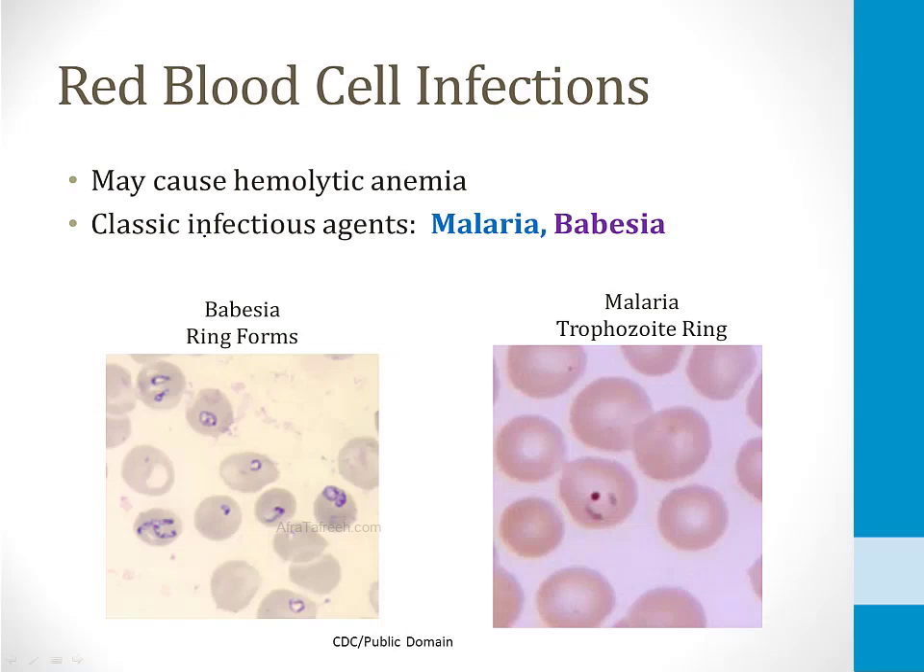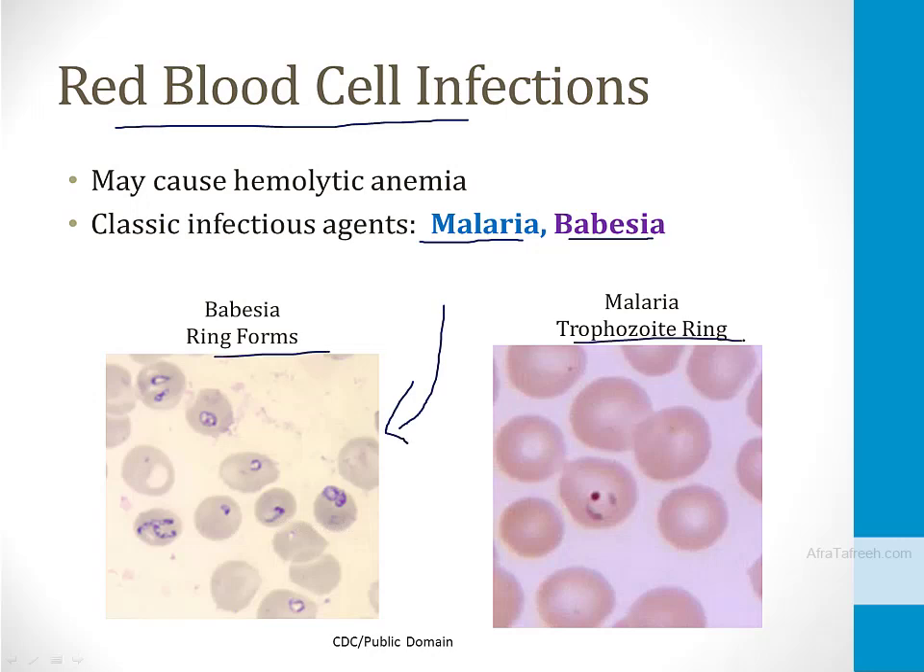And then the final extrinsic cause of hemolytic anemia is a red blood cell infection. There are two infectious agents that classically cause hemolytic anemia. One is malaria, the other is the protozoa Babesia. Both of them will present with findings inside the red blood cell on peripheral smear, as shown in these ring forms and trophozoite rings. I talk about these infections in detail in the infectious disease modules, but for our purposes here,